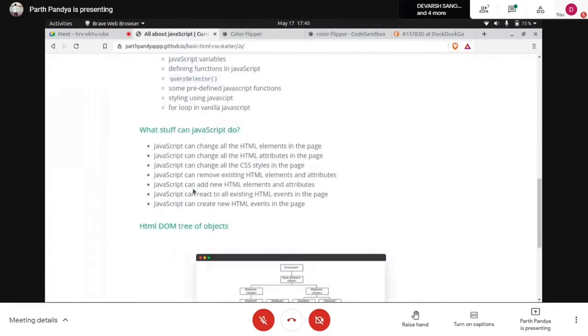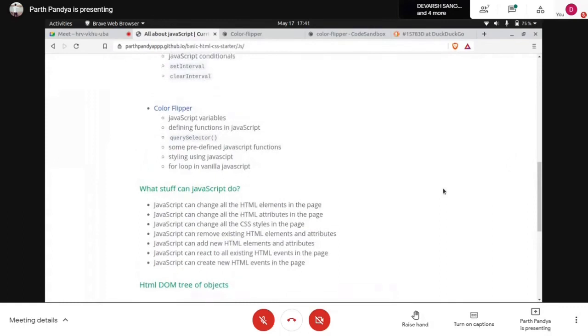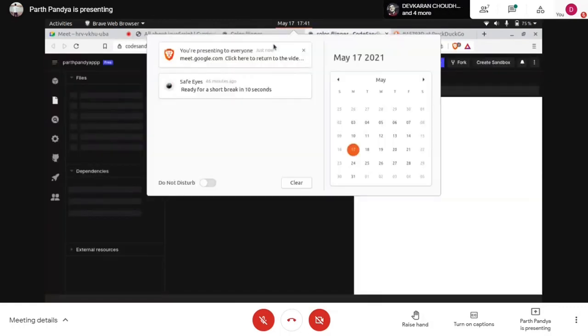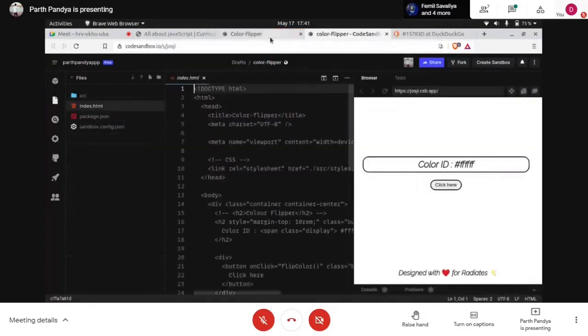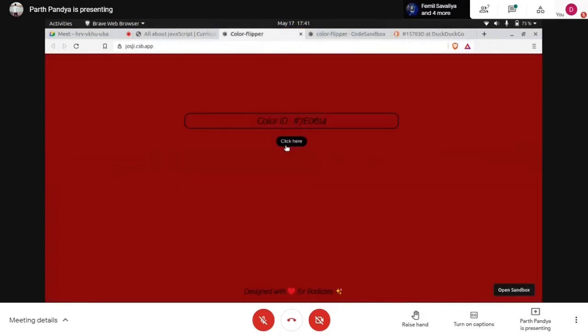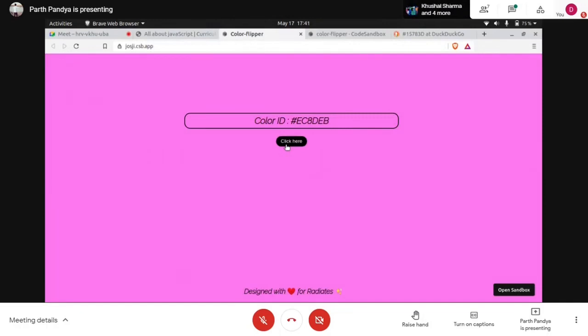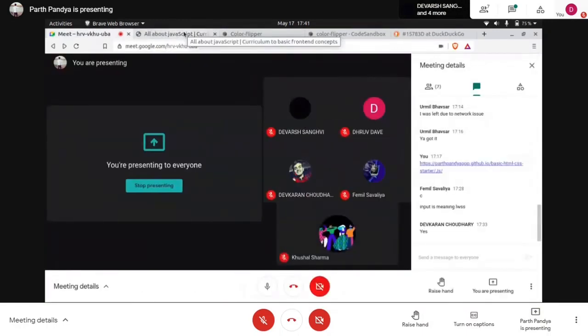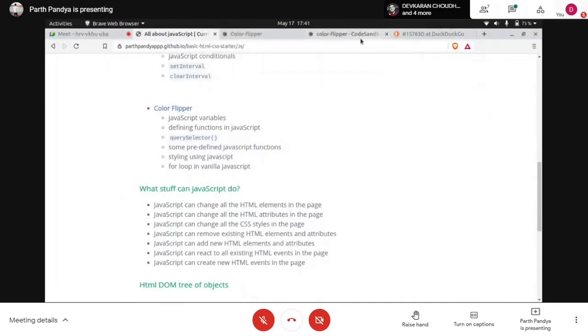So one thing I forgot to tell you is that this is plain JavaScript. When we are using it for the web, it is known as vanilla JavaScript, vanilla JS, because vanilla is a flavor which is very plain. No chocolate, no strawberry, nothing. It is a plain thing. So similarly, we are relating vanilla to the web. When we are using JavaScript for web programming, we are referencing it as vanilla JS.